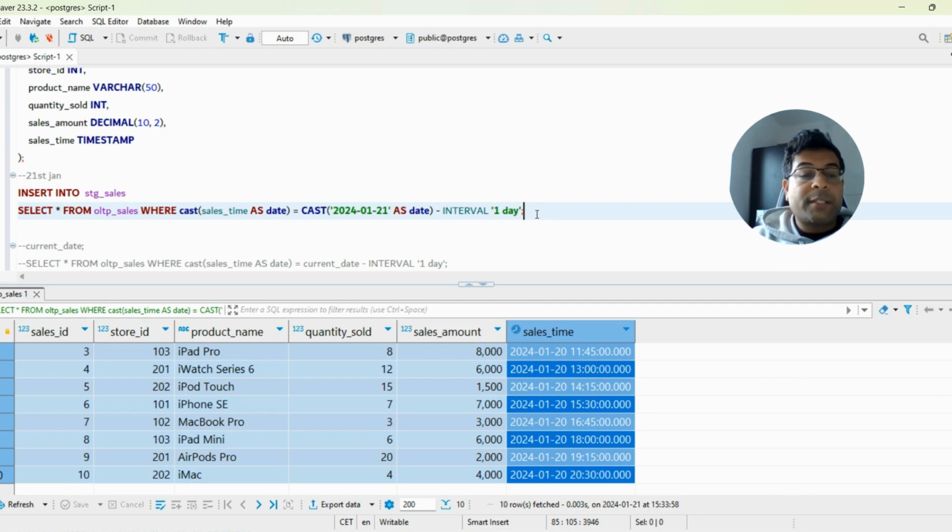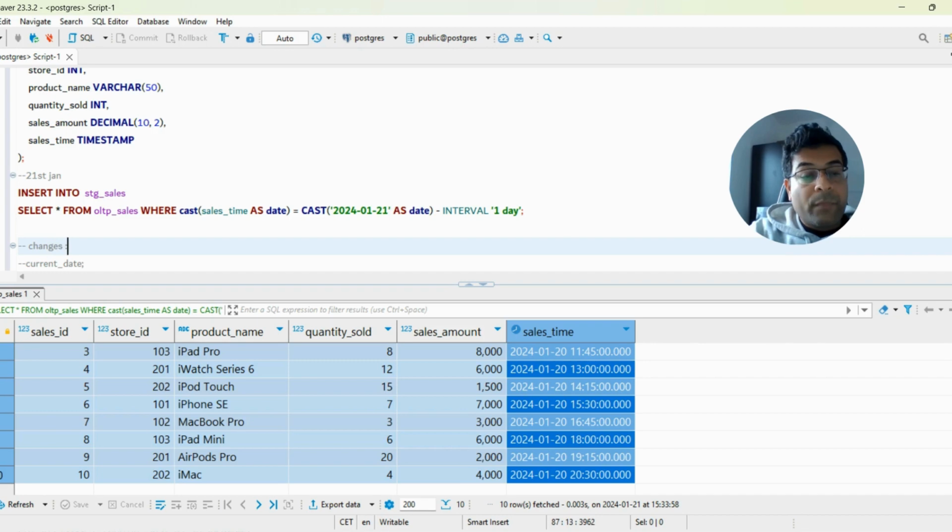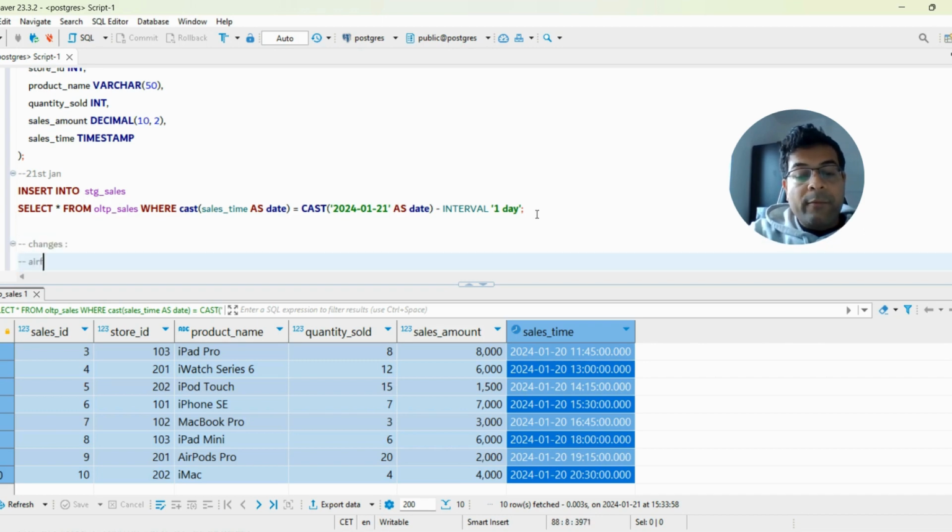I will not process the entire day data. So what I will do here is changes. Let's talk about the changes required. Changes, obviously, in your Airflow or the orchestration tool,